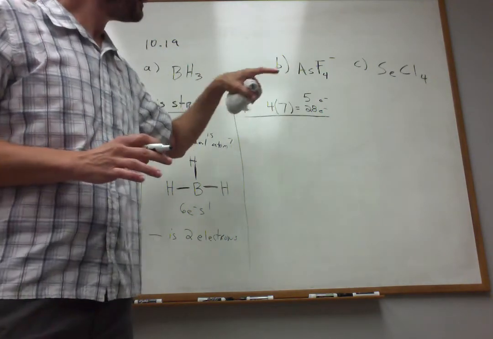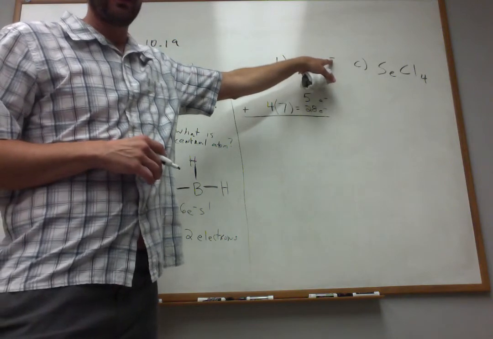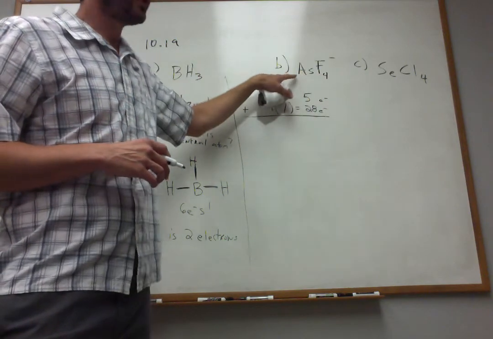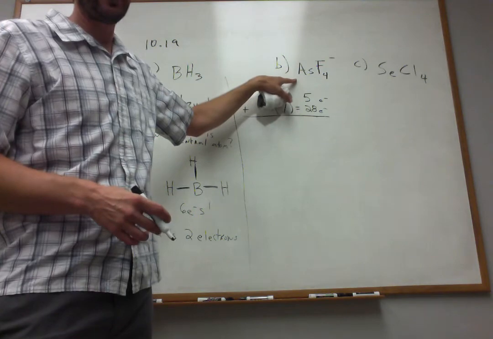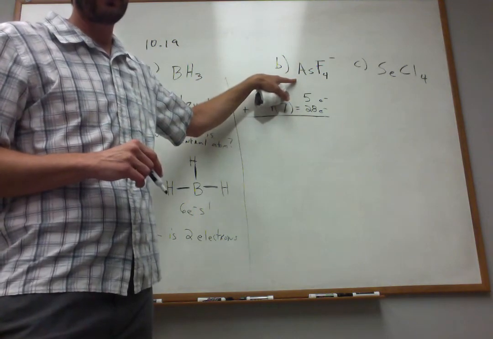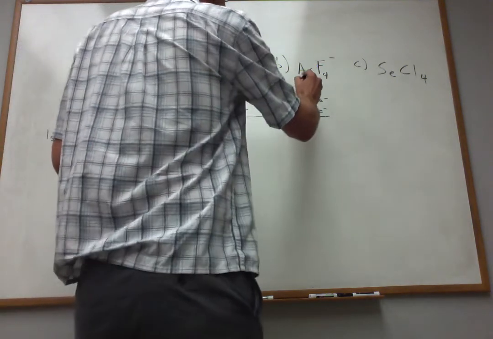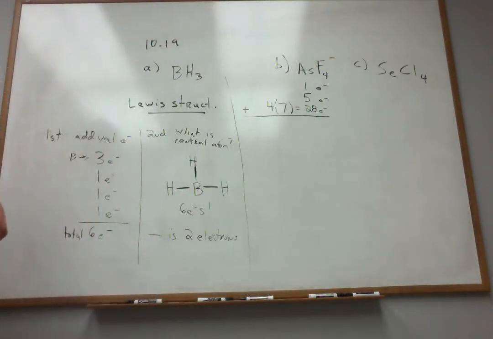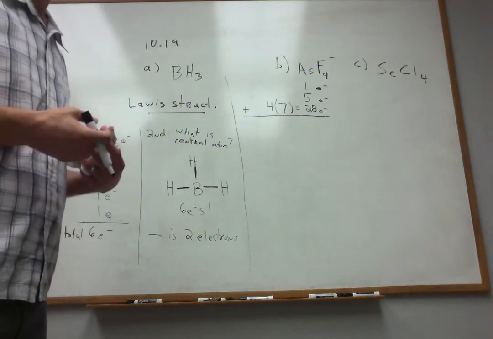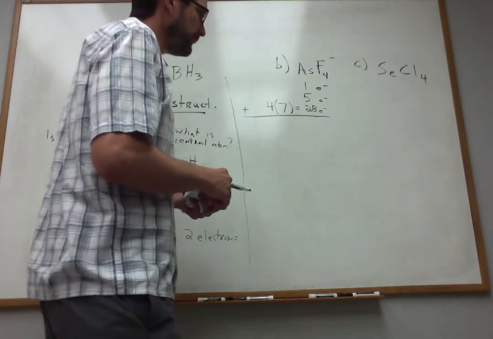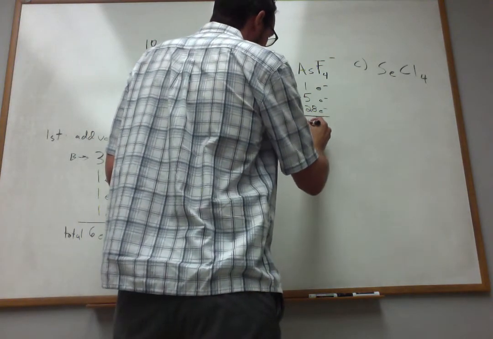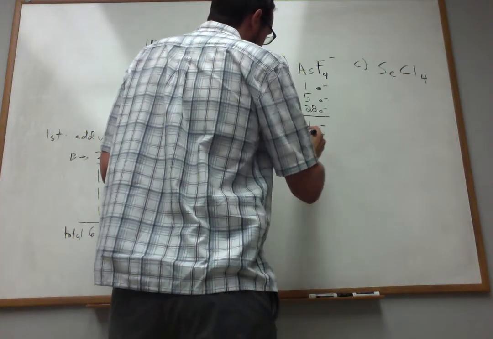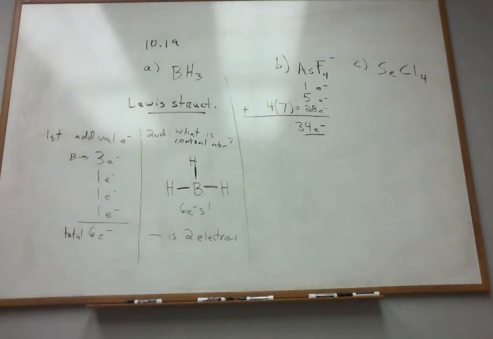But I'm not done yet, because this is an anion, which means that this whole cluster, or molecule or ion that results from bonding these together, has 1 more electron than proton. It's got 1 more electron than it should. So I need to add that in. I can't forget that. Okay, so remember, if you're dealing with an ion, you have to account for that. If it's an anion, a negatively charged ion, you add electrons in. If it's a positively charged ion, you take those electrons out or you subtract them away, okay? So clearly, when I do my addition, I figure out that I've got 34 electrons to build my Lewis dot